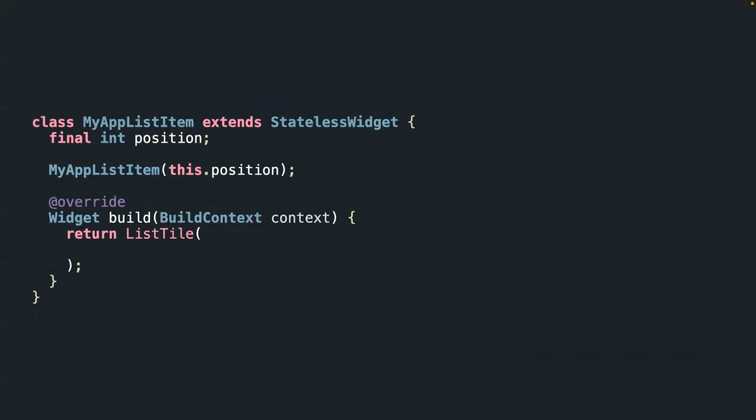In that my app list item, we're going to use another widget that is called list style. This is the widget that is used for creating list styles, basically. So you can have a leading, trailing, title, subtitle. This is basically for building a simple list style. As a leading, we're going to have some icon set up. And as you can see, I don't really have to use any resources. At this point, I didn't need to add any resource to the app. I'm using the built-in material design icons.